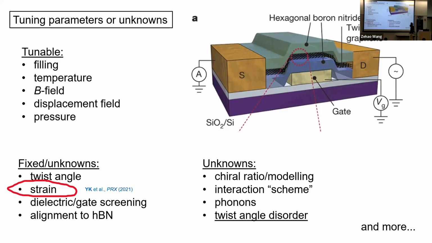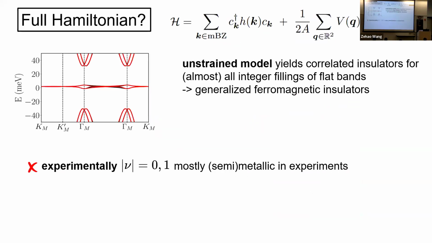To briefly illustrate how important these factors can be, let me just focus on one particular variable, which is strain, right? And I've picked this one because I've also been involved in the theory of this some while back. So let's go back to our putative Hamiltonian, right? It's an unstrained model. I haven't added strain to it. And let's say you were to solve it with your favorite numerical tool. Well, what you'd find invariably is that at any integer filling, you obtain a gapped correlated insulator, right? And this is consistent through many different numerical techniques, which sounds good, right? Because we know that TBG experimentally has correlated insulators, so it's great that numerically you find